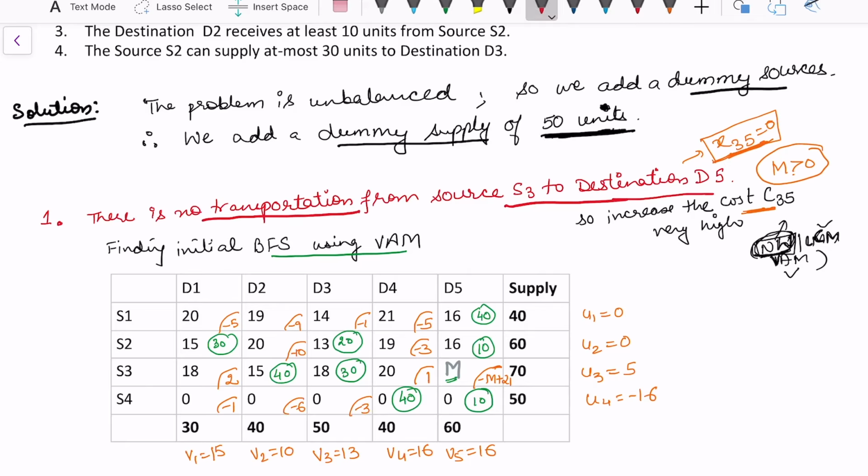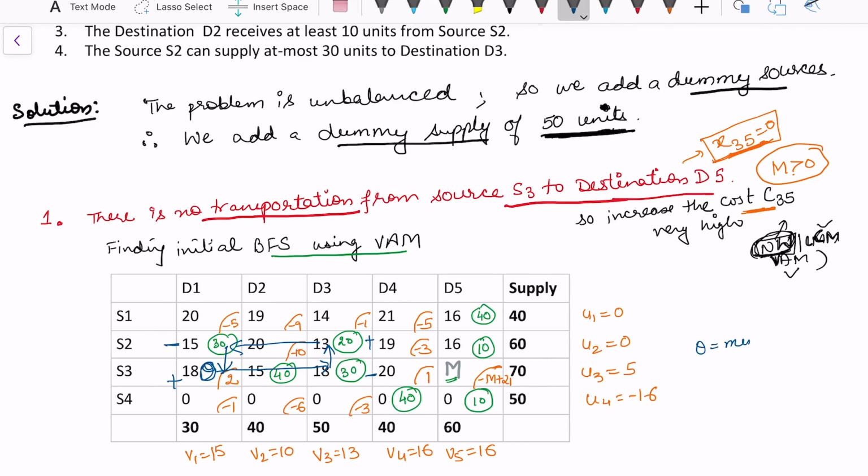But still we see that there is a quantity which is positive here. Now once this quantity is positive, I'm going to put a theta here. That's my loop. So I'm going to see now where I can see the loop. This is the loop that we can see in this table. We start from plus, there is a negative, and then we have a plus and a minus. So we know what is theta.